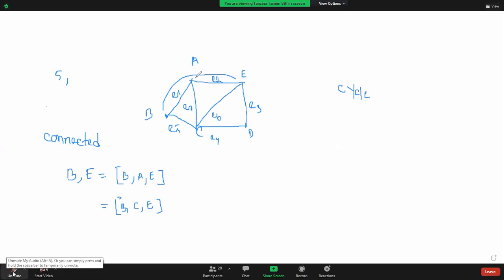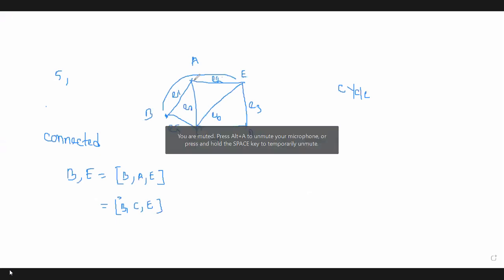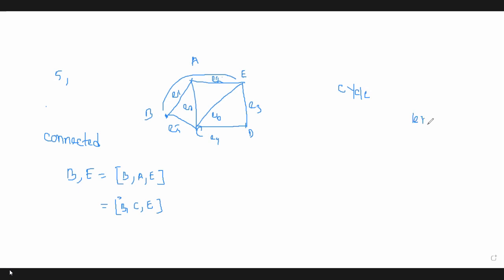Suppose now we want to start from this node A. This is our source node, and in how many ways we can travel from this node? Look at this. If we start from this node, and in connected graph, there is an edge between any two nodes. So if we start from here, A, then E, C, B, and then again we can go to that node A. Look at this. Suppose we are trying to find out the cycles of length 4. So at first we need to know what is cycle.